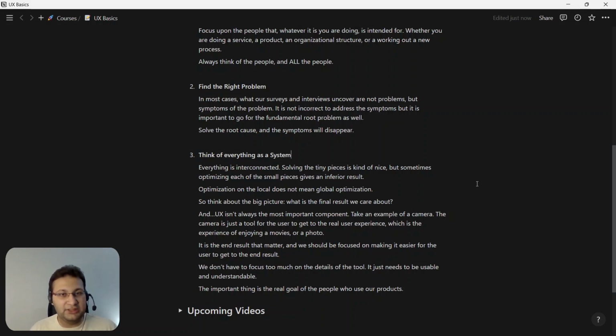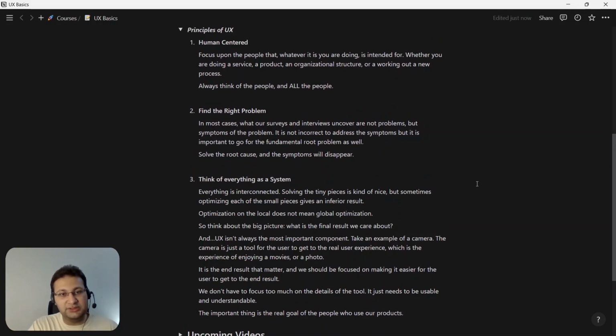This can be done with root cause analysis. So find the root cause by asking why again and again. Once you figure out that root problem, and it usually shows up after you have asked 5 whys, that's the 5 whys root cause analysis process. If you find that problem and you build for that, the symptoms will naturally go away as well. So it's better and more efficient to go for that core problem.